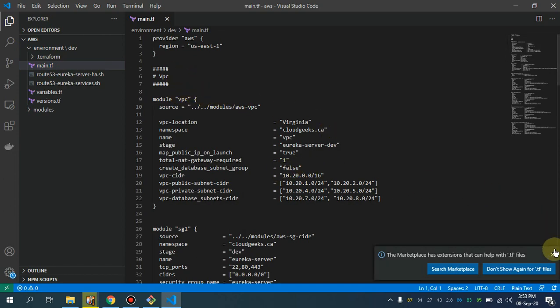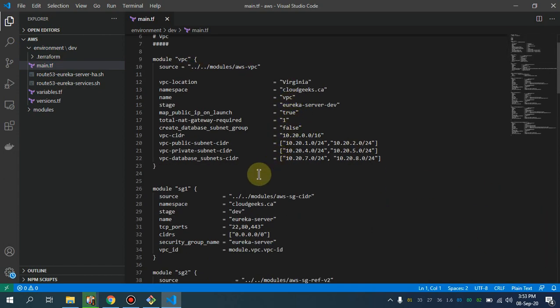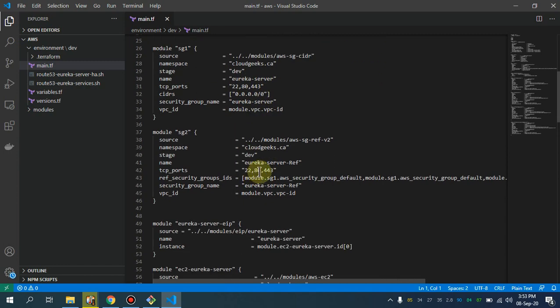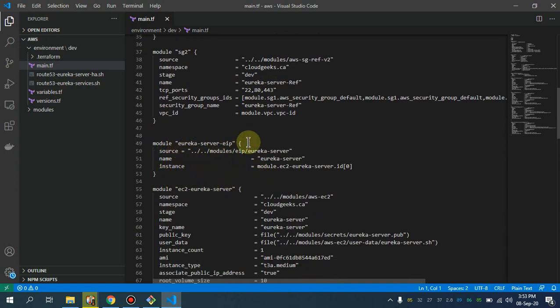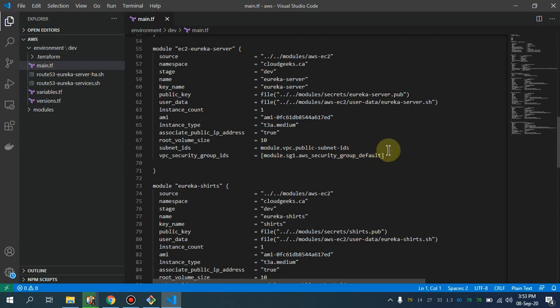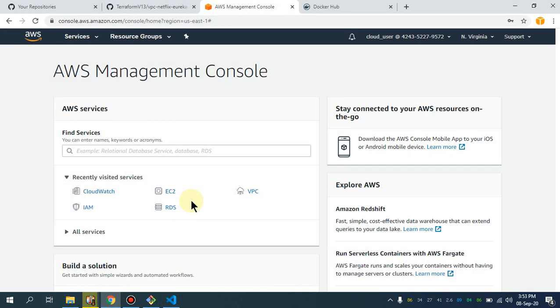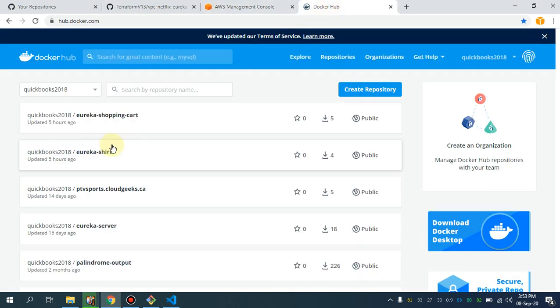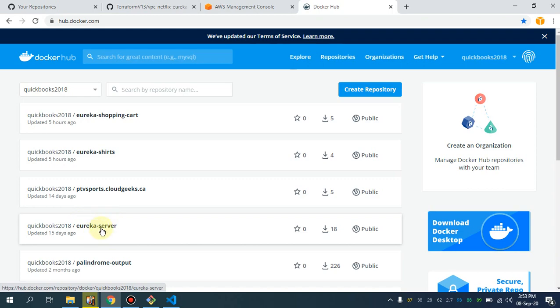We are going to deploy the custom VPC, and we are going to set up security groups and an Elastic IP. I'm going to attach it to the Eureka server, and for that, I've already set up the bash script, and the repository is going to be this one. It is going to automatically install Docker on that particular EC2 instance, pull the Eureka server image from the public repository, and start the Eureka server.